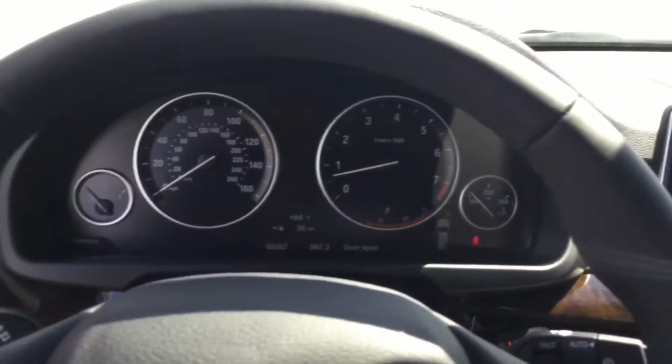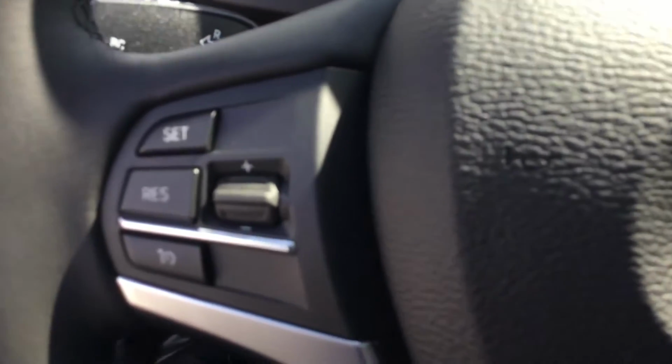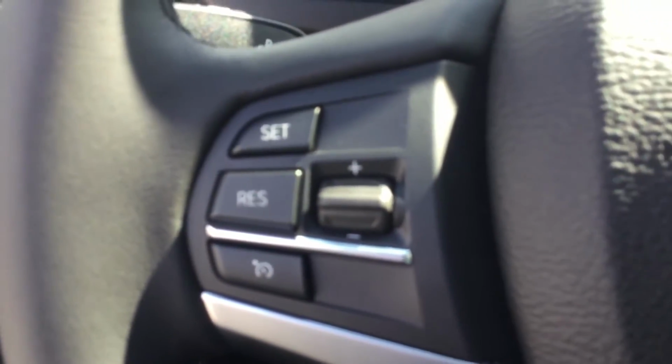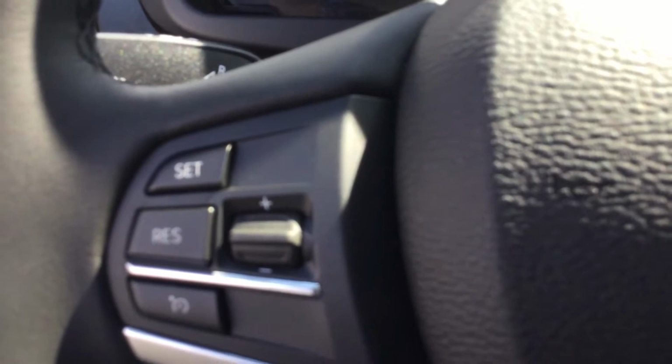There's a wonderful multifunction steering wheel. Everything you need is right here. So you have your cruise control on the left side. You have the dynamic cruise control, which is what BMW calls it, and the reason is that with most cruise controls,